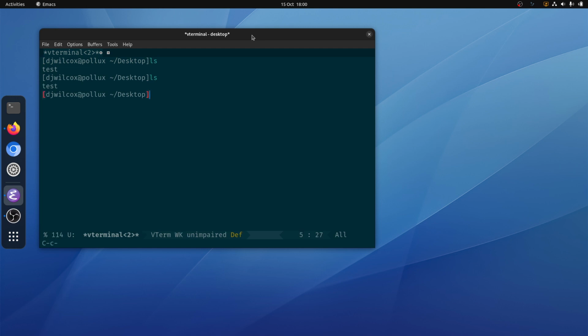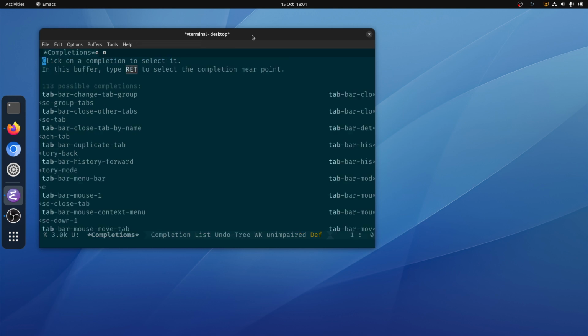Again, Control C, Control P, Control C, Control P, and N. So that's shifting up and down, and also the directory tracking, where if I quit that,